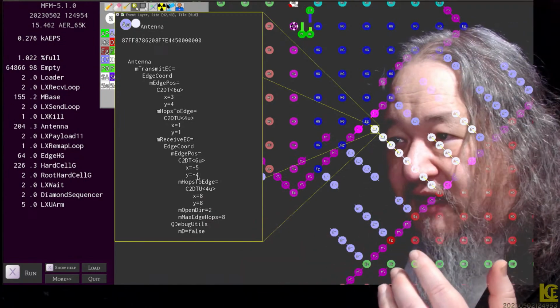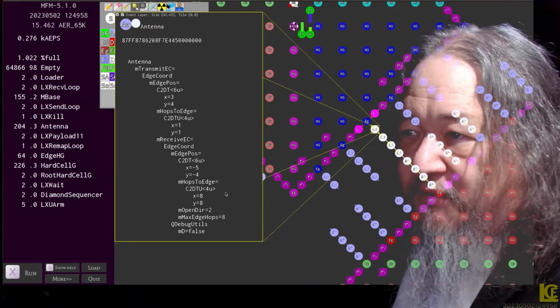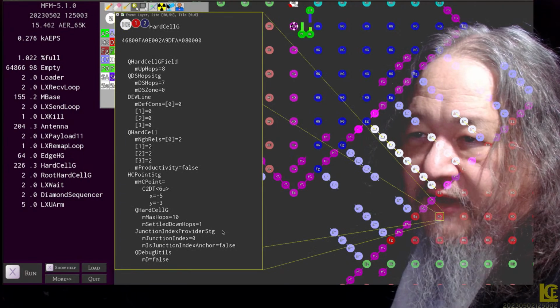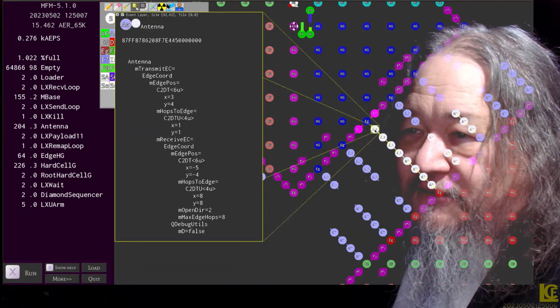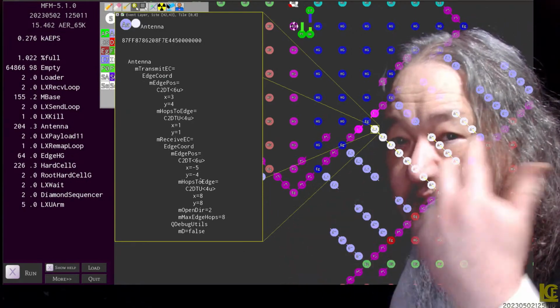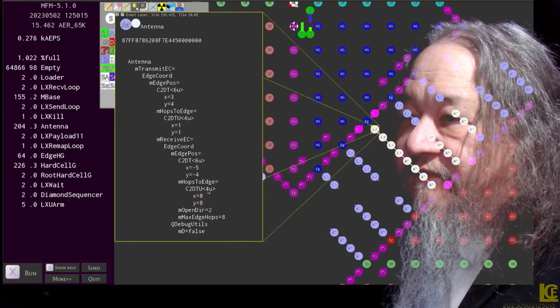from which we can tell the size of the diamond. The size of the diamond is going to be the sum of the absolute values of those things, plus 1. So yeah, max hops here is 10, that's the size of the diamond. So the absolute value of -5 plus the absolute value of -4 plus 1 is 10. And we can tell the orientation. So that's given enough information.